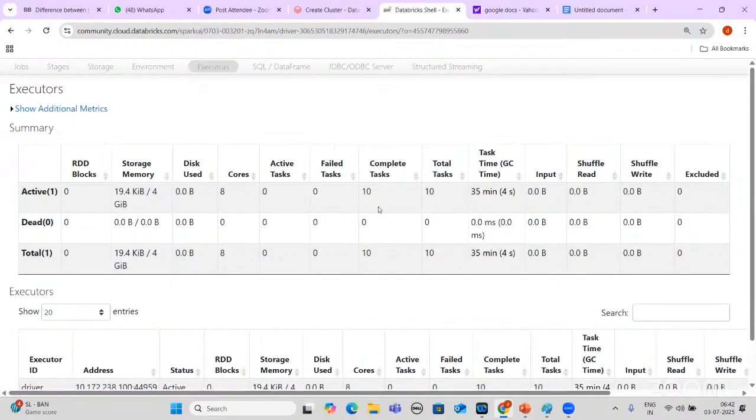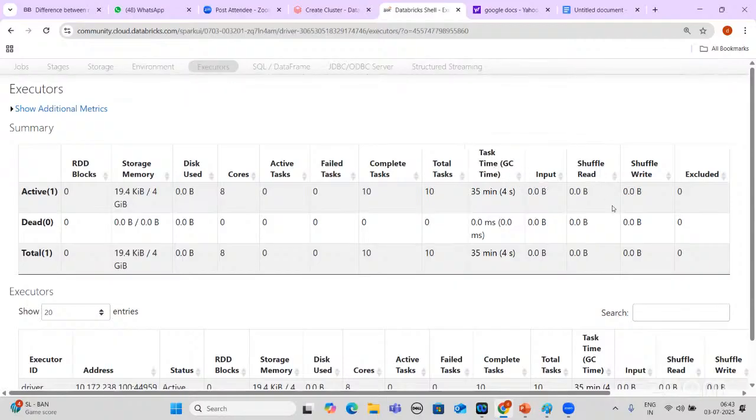Total completed tasks are 10. For the garbage collector, you can see how much time it has. If you hover your cursor, it shows red when garbage collector time is over 10% of task time. So if it is more than 10% of task time, it is going to be red.